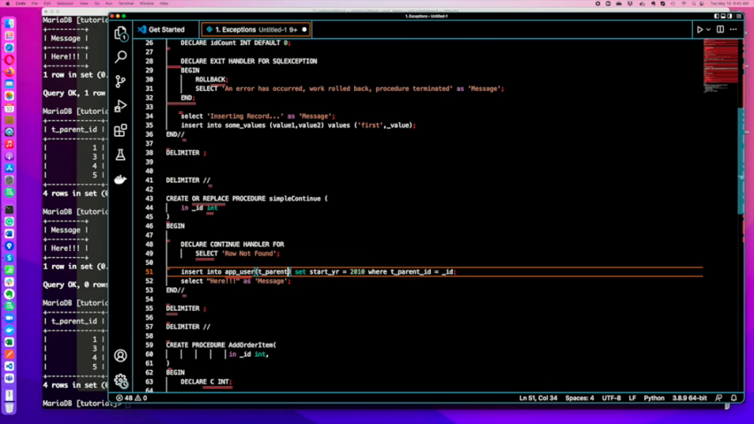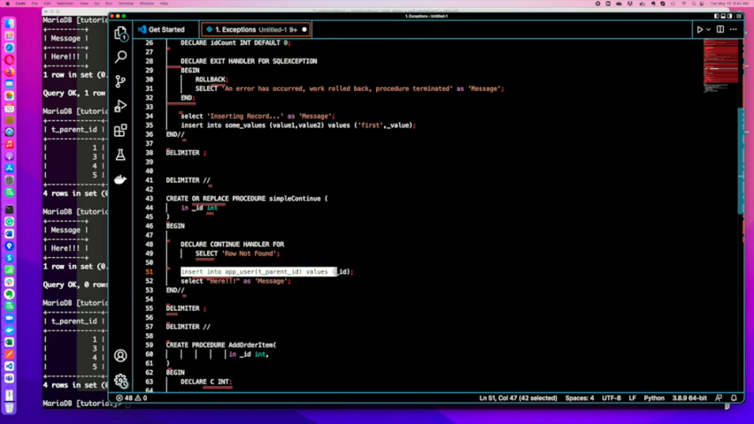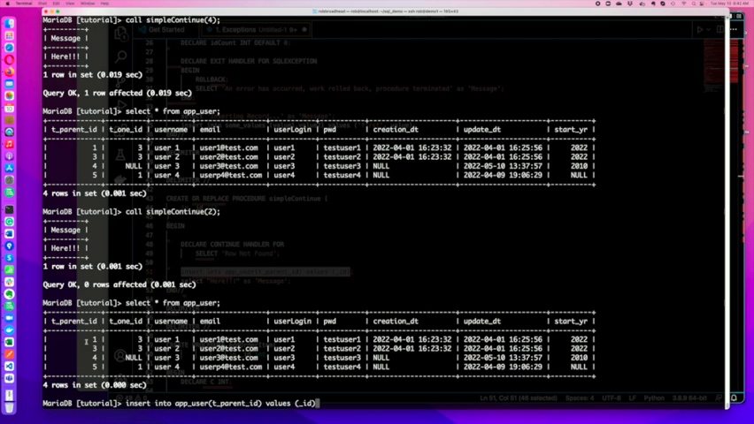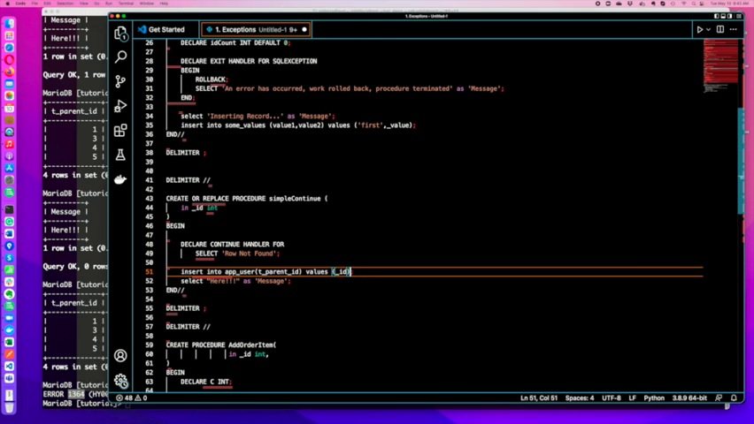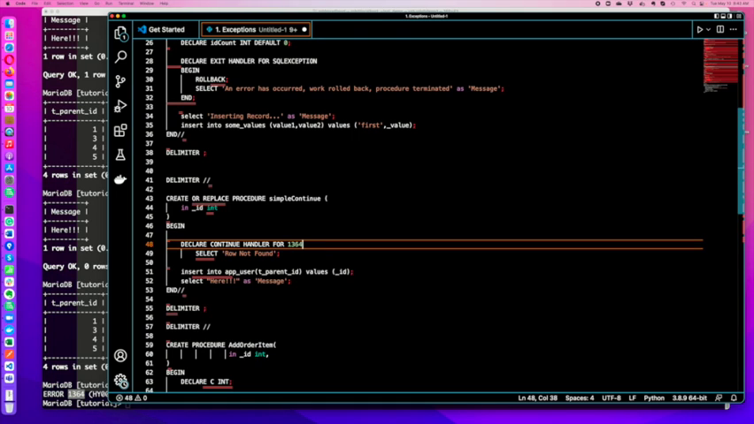T parent ID. Values. ID. And let's just do this. Let's do this first. So if I do 1, should generate. Okay, so he's going to generate 1364. Let's just do it from here. So for 1364,